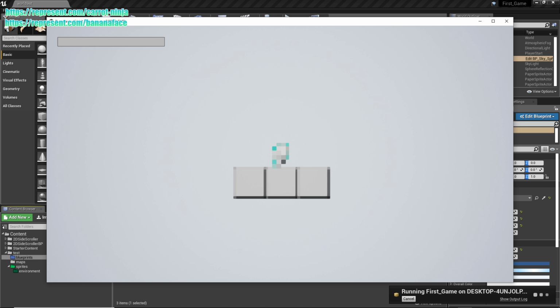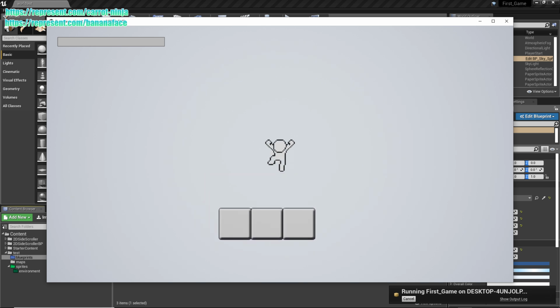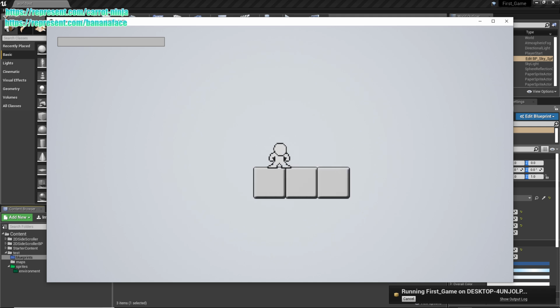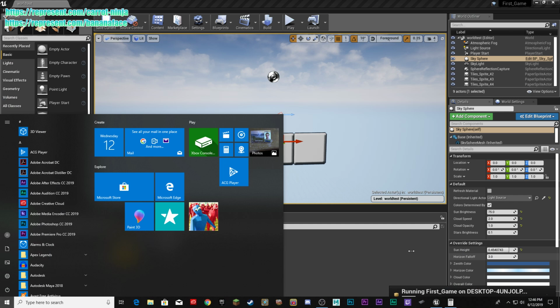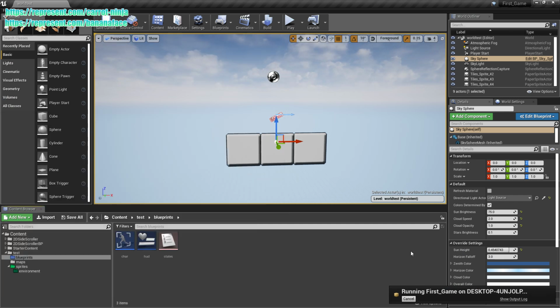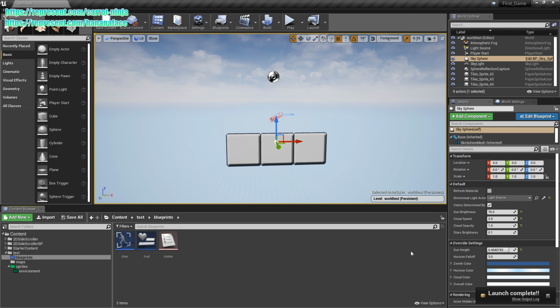Alright, so we have a health bar there, but it doesn't do anything yet. I don't know why the character's all pixelated. I mean, I kind of know why. I think it's because of a sizing issue, but that's fine. We'll figure that out later. Alright, so what's the next step? So the next step is to actually